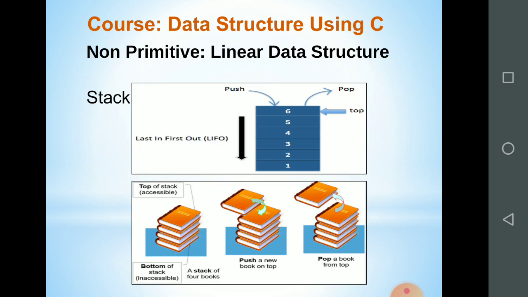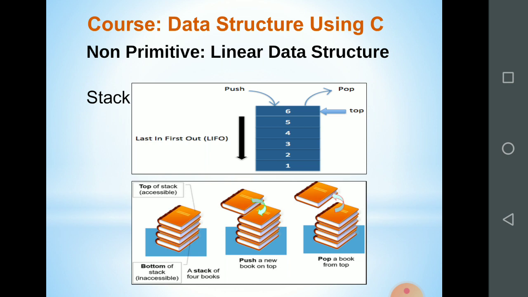After that, in non-primitive data structures, again there is the linear data structure stack. Stack is also a linear data structure in which insertion and deletion of an element takes place from only one end, and that end is called the top of the stack. We will learn it in depth later, so we will just overlook these things now. A stack of books, a stack of dishes, and a number of other things can be done using this linear data structure.